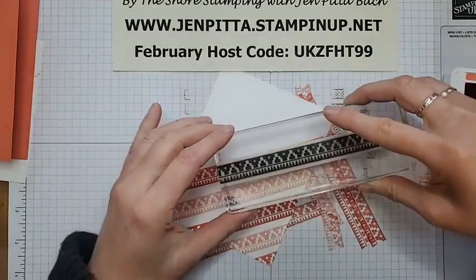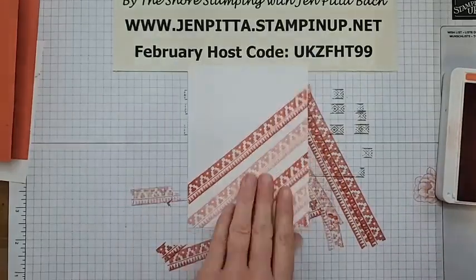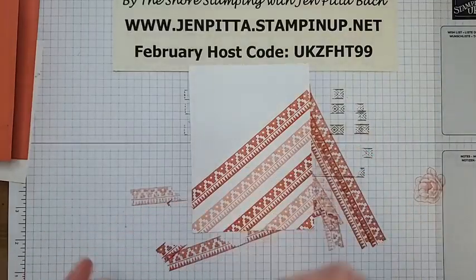So what you could do is stamp half and then half, and there'd be a hole in the middle, but your flower is going to cover it. So I'm okay with the way that looks. It's almost there. It almost made it. We'll be fine. All right, so now I'm going to take Pale Papaya